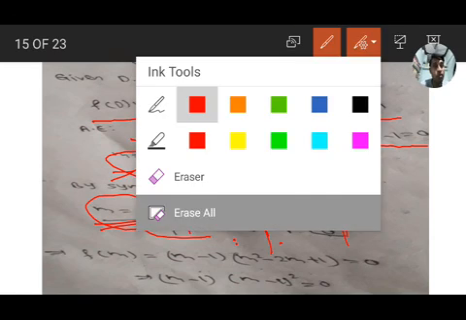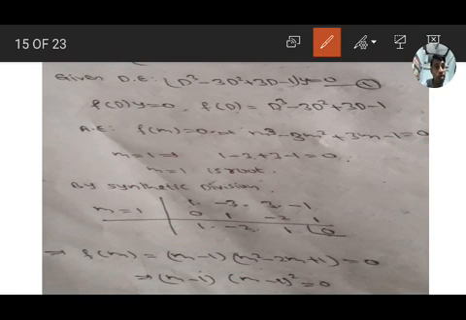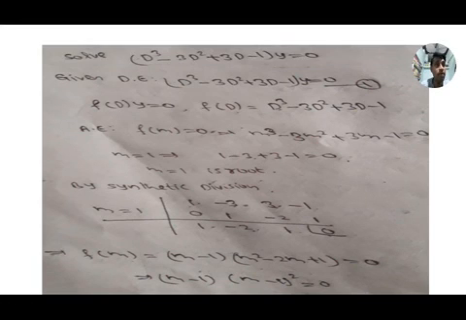Then write f(m). Here it was third degree, so we start with second degree. So (m - 1)(m^2 - 2m + 1). This is m^2 - 2m + 1, which is (a - b)^2, that is (m - 1)^2. So we got it. Already m - 1, and (m - 1)^2 means three values are the same.